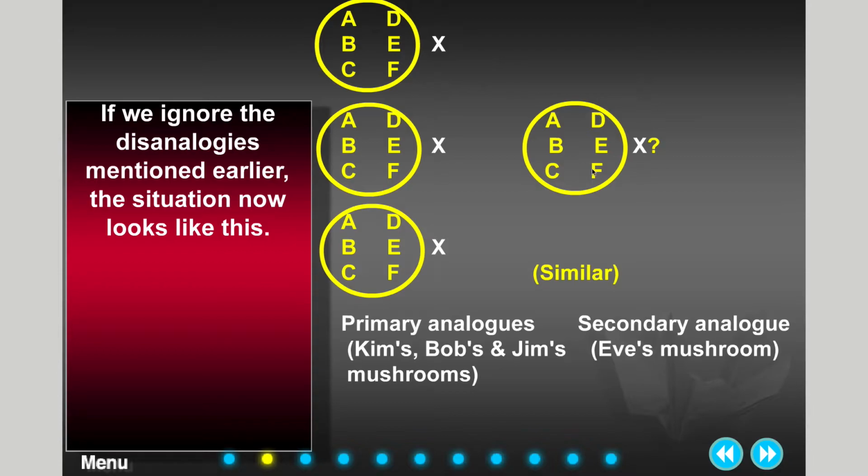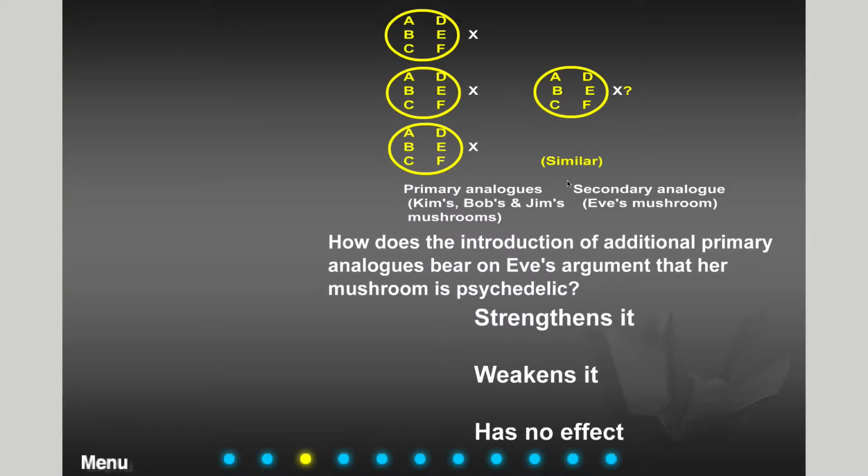Then you find out that Eric, just like Adam, Peter, and John, has these same attributes. Your parents are going to do what, by analogy? They're going to say, do not go out with Eric, okay? Or if you're interested in females, you could say Erica, the 4th sister. Well, that might be a disanalogy, that she's a female, but in this case, a lot of the attributes are the same, right? Gender was not the attribute that we said was being shared. Okay? So primary analogs, we could say here, Kim, Bob's, and Jim's mushrooms. Secondary analog could be Eve's mushrooms.